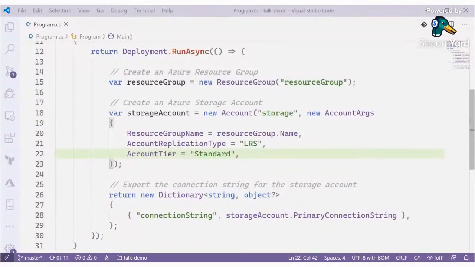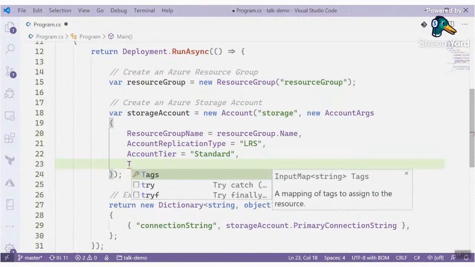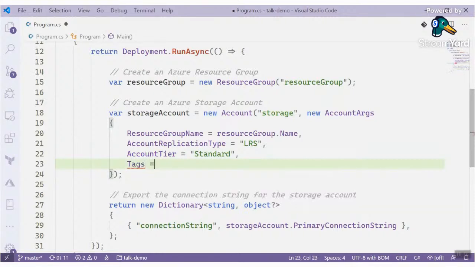So if I come back to the code, we're now going to make a change. We're going to add tags. Tags are quite a common thing in Azure. They're just essentially key value pairs that you add. But you notice I'm getting IntelliSense, things are popping up, I'm getting validation. So I'm creating this key value pair of a tag. Now, once I have this, how do I make that change?